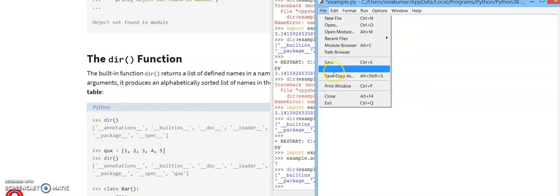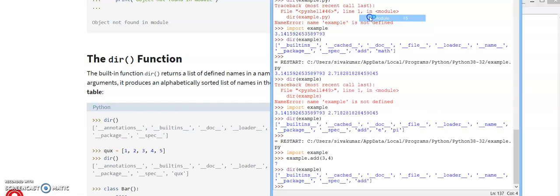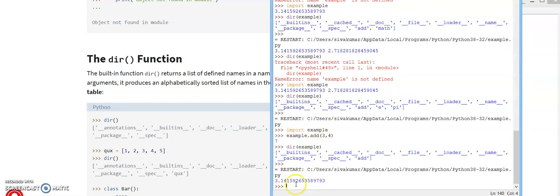I should prefix the module name before the function name. So I am saving. First you save this file and run this module. When you run it, you will get the output of pi.